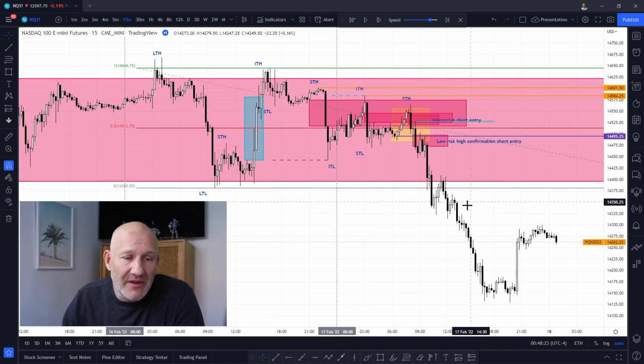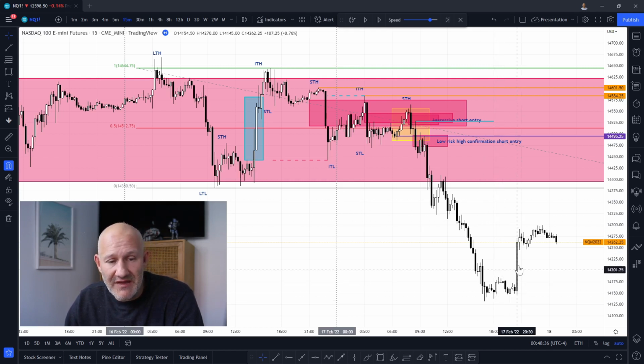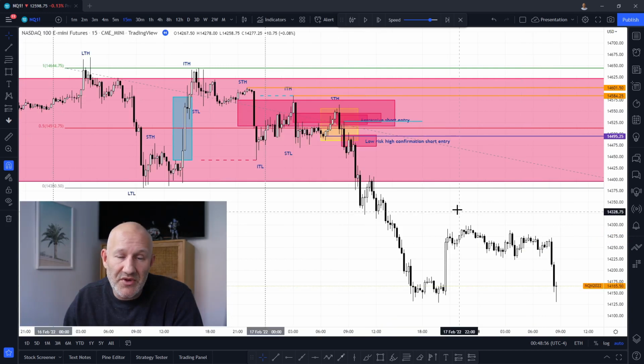But you'll remember these little up close candles, these little speed bumps. As long as we don't continue above those, then we can stay confident that the market is going to go in the direction that we want it to, which is obviously downwards. So you can see even with this race up, we have this little consolidation. Again, we have these blocks of up close candles, which creates these little speed bumps before the market starts to